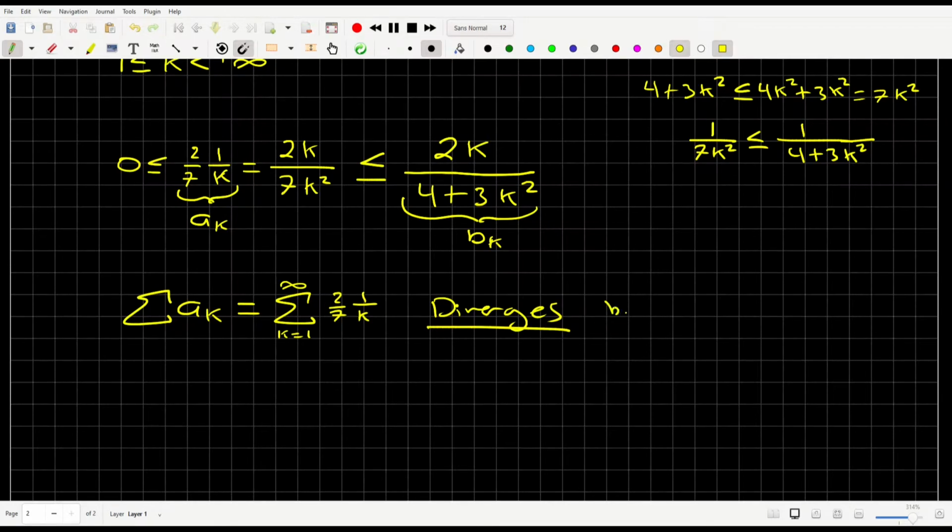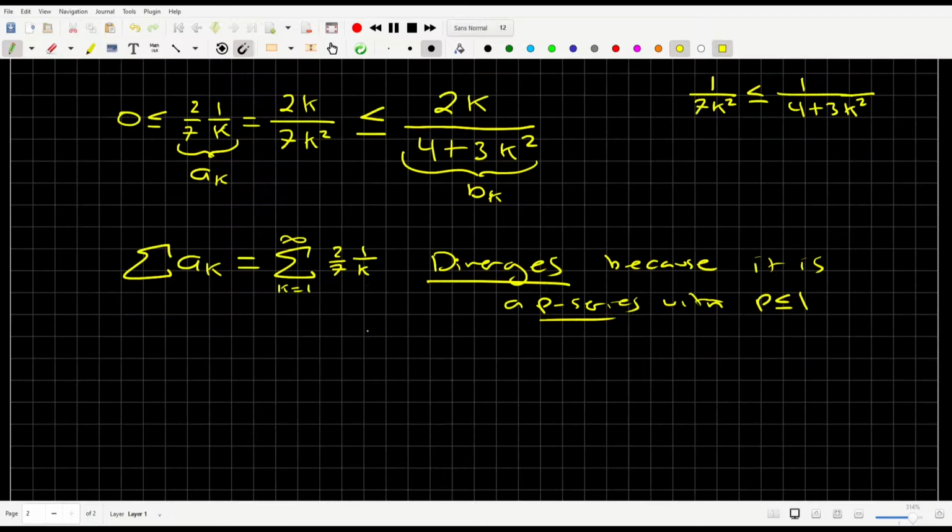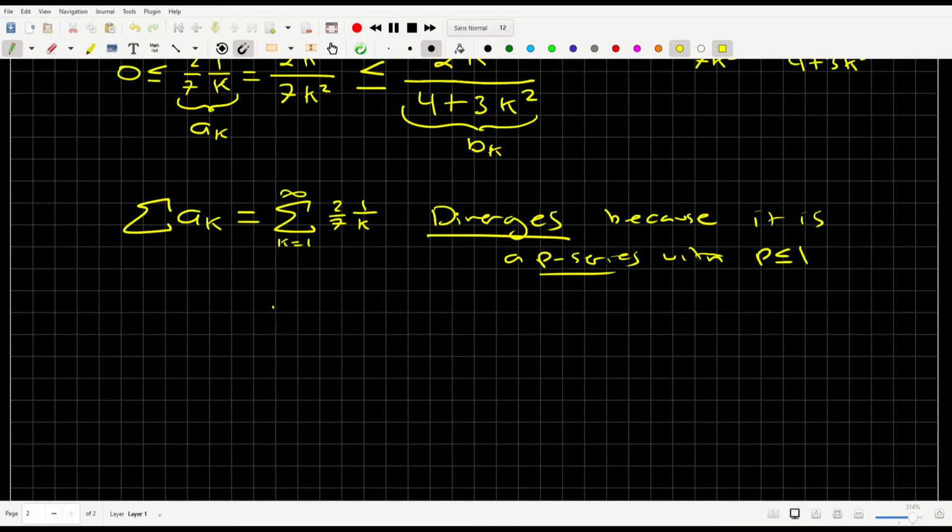This is because it is a p-series with p less than or equal to 1. It's exactly equal to 1. This is the harmonic series, or 2/7 times the harmonic series. So therefore,